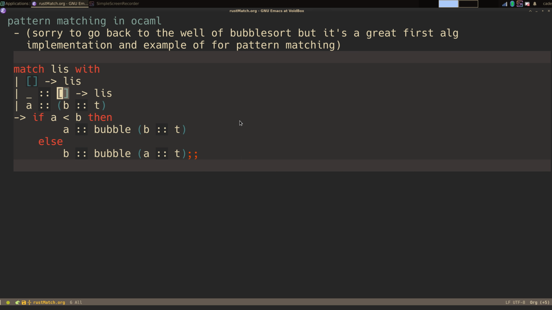But here's where the pattern matching comes in. I'm able to deconstruct this list, and I'm able to bind values to these variables, a, b, and t. So what this lets me do is check if the first value is less than the second value. I can determine what to do. I can recurse on the rest of the list, or otherwise I can switch those two values and then recur again. So the ability to bind values to variables and deconstruct data structures is what makes pattern matching so powerful,